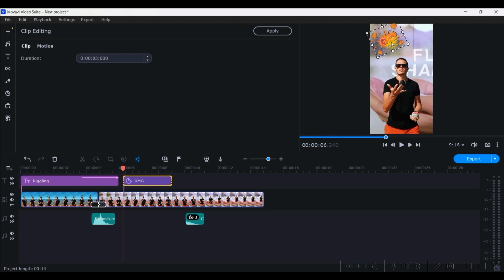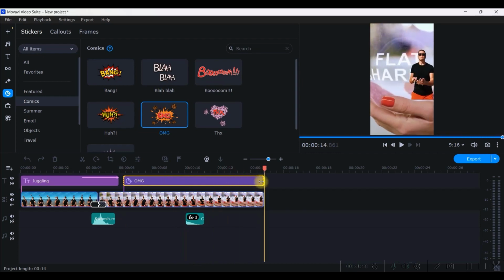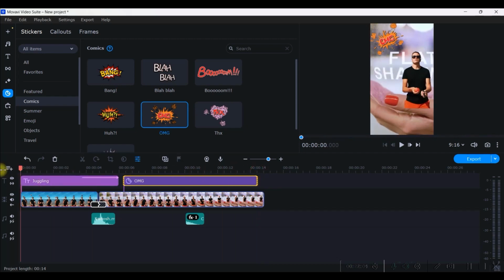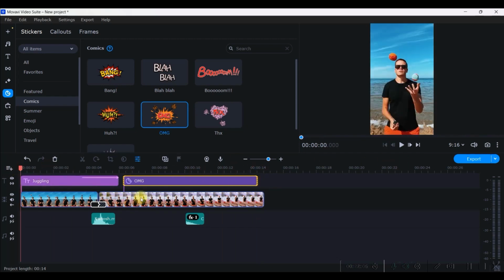It should be put in such a way that it doesn't become a hindrance for your subject to fit here, right? Now you just stretch it from one end to another so that it remains till the end. Better to leave it a little before your video ends. And then finally you check how it looks.